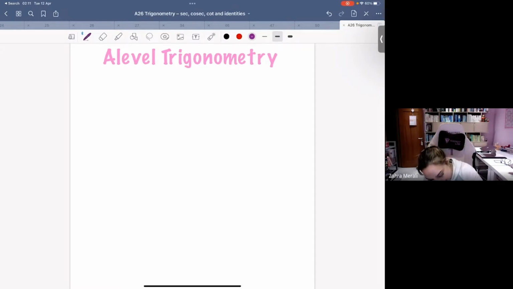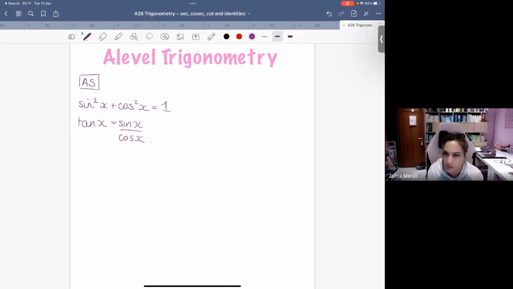So from AS, we know that sine squared x plus cos squared x equals 1. We also know that tan x is the same as sine x over cos x, right? We know our trig rules and we know how to find sine, cos and tan of things, but let's remind ourselves anyway. Sine is 180 minus, cos is 360 minus, these repeat every 360, tan is plus and minus 180,